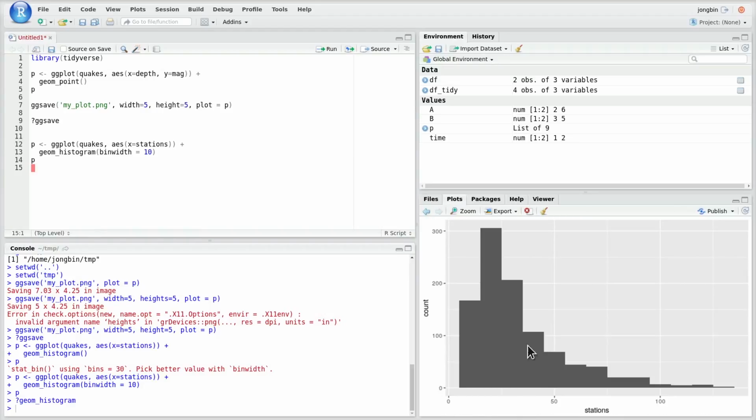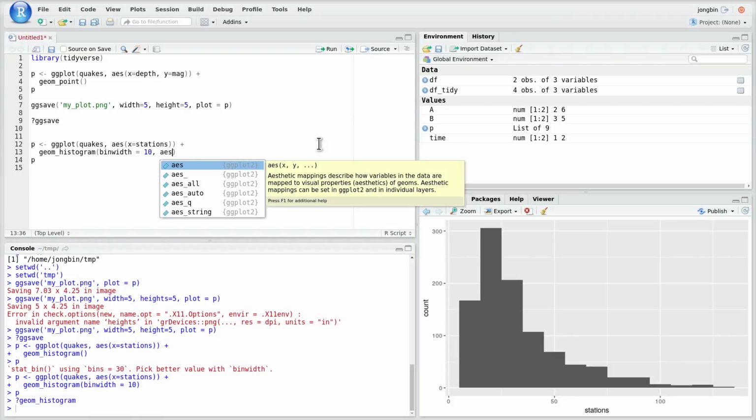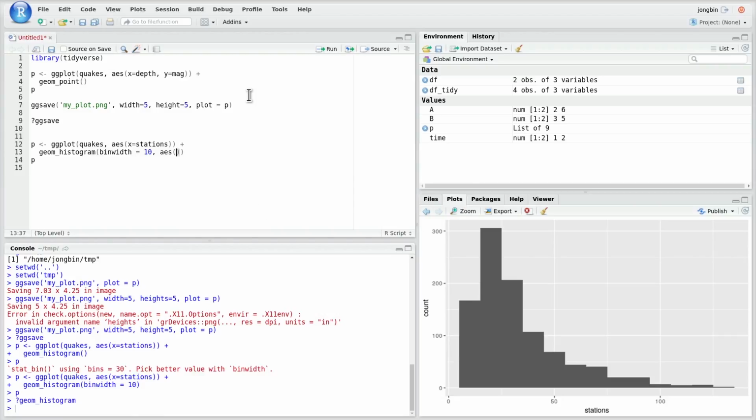Some people might prefer to have a histogram where the y-axis is not a count but a density, so that the whole thing integrates to one. And to do that, you actually specify that the y-axis should be a density inside geom_histogram. The way we do that is using the aes function inside geom_histogram, and we'll be talking about how to use aesthetics inside other geometries soon. And you just specify y equals